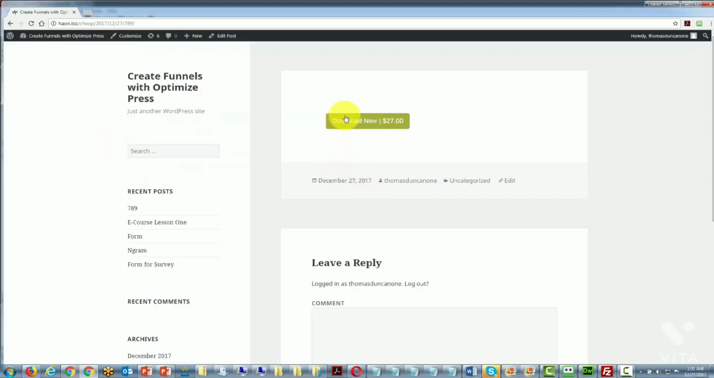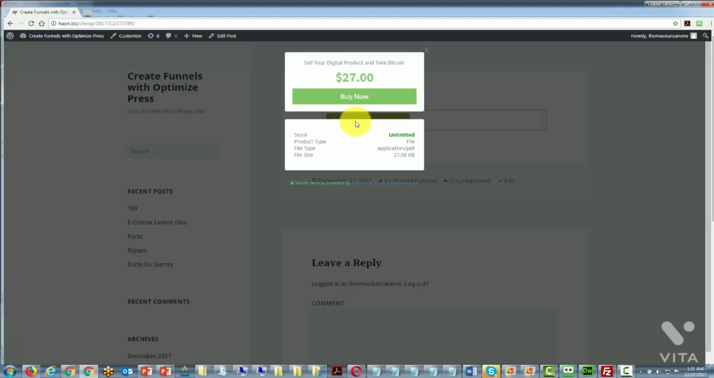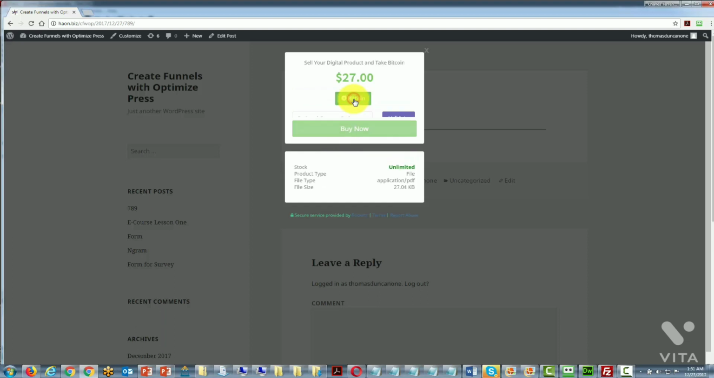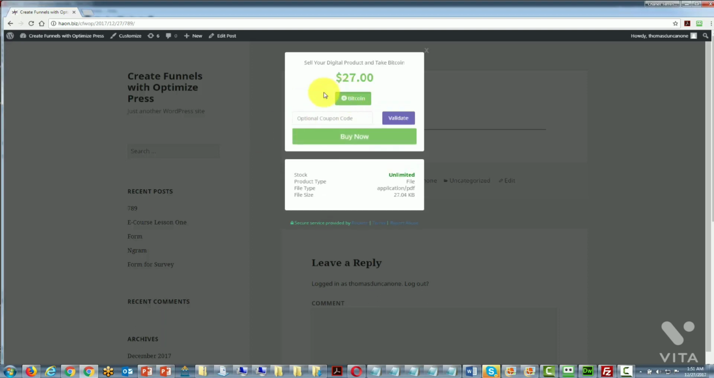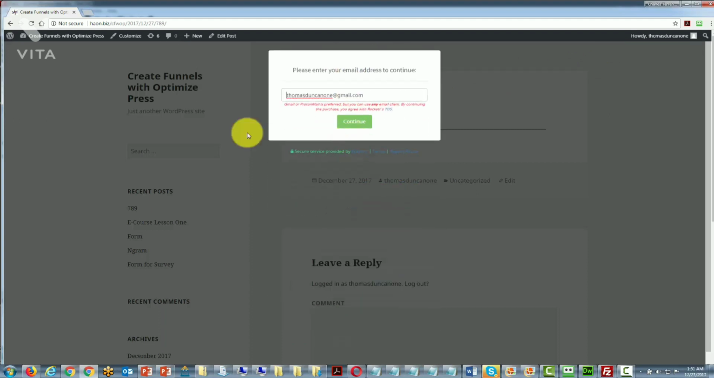So when our customer actually goes to hit our pay button, they're going to click it. They're going to then click buy now. And then they're going to be shown a place where they can put their coupon code. We're going to go ahead and place our coupon code in there. Actually, they're going to click validate. They're going to get 50% off, and then they're going to be able to click the buy now button